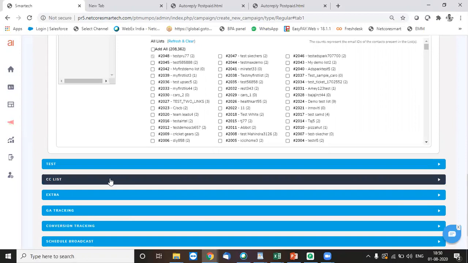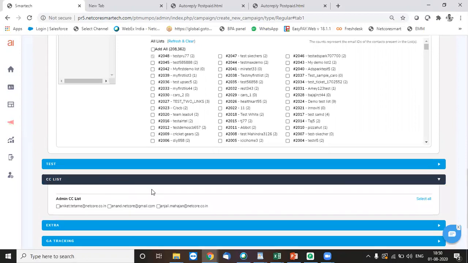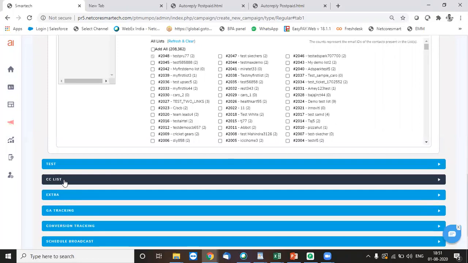You also have some options like putting a CC copy, which is not a default feature. You need to activate that from the backend. I mean, from your admin section, basically. You can do it by yourself. This is basically just to give a copy of the campaign at the end of the last emailer being sent, just to give verification that the campaign has ended.